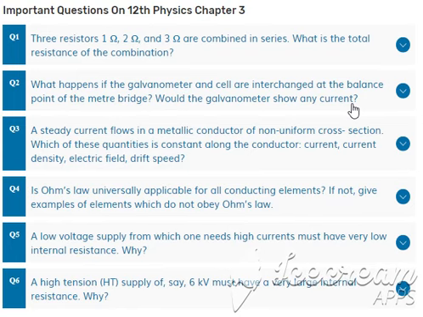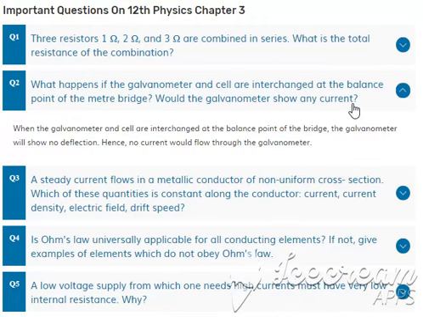show any current? The answer would be, see, on interchanging the position of galvanometer and cell, the balance point is not changing, so it will show no current or no deflection. When galvanometer and cell are interchanged at balance point, the galvanometer shows no deflection, hence no current would flow through